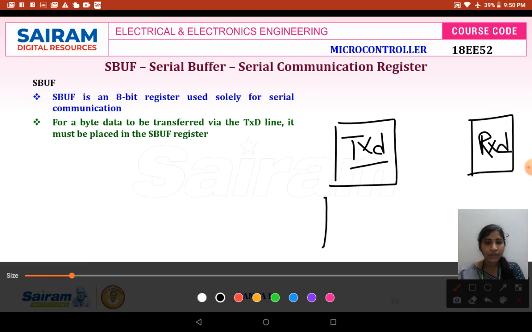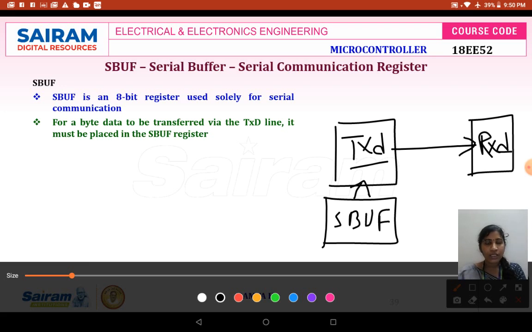Instead, there will be a register called SBUF. SBUF will store the data to be transmitted. The transmitter will receive the data from SBUF, and once it receives the data, it starts to place the data serially or parallelly, depending upon the mode of communication, in the transmitting channel. Then it will be transmitted to the receiver.